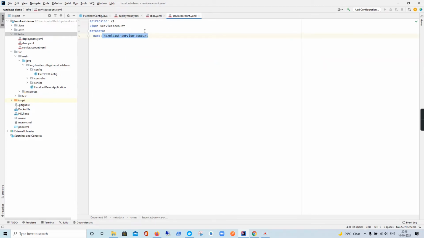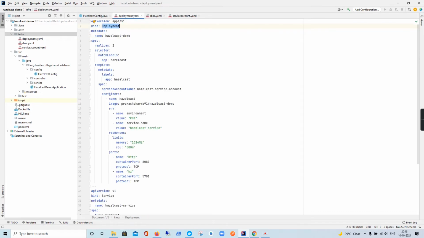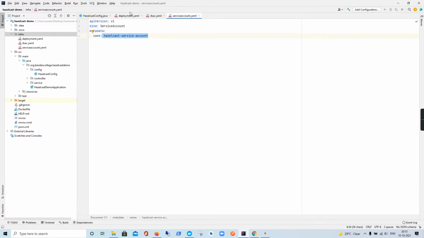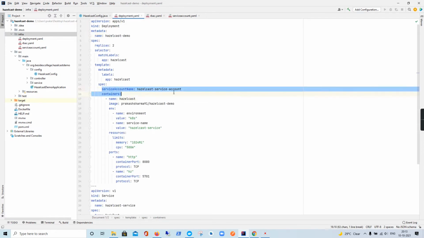Now this service account can be configured in the pod. The Hazelcast service account is actually mentioned here in the deployment file. So the deployment file is basically providing a way so that the Kubernetes library that we have added can make use of this privilege to query the cluster, and it can look for some metadata.